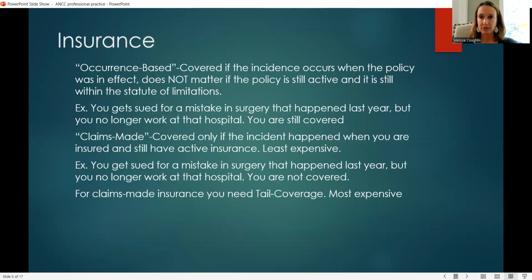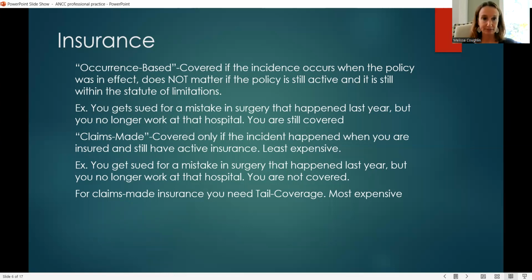So insurance gets a little tricky. There's two types that I've heard discussed: an occurrence base or claims made. Occurrence base is when you are covered no matter what, no matter if your policy is still active. For example, if a year ago I make a mistake in a hospital that I'm covered at, and I've moved hospitals and my insurance is no longer active, the policy will still cover that occurrence as long as it's within